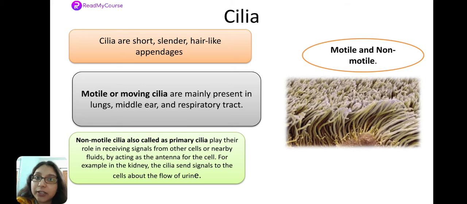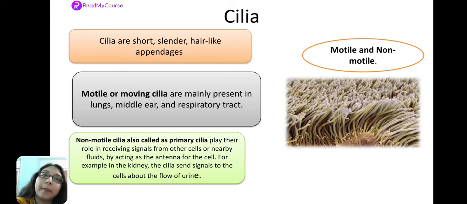And why are they present over there? Because due to the movement of this cilia, any kind of foreign particles which have entered our airway passage, or have entered our lungs, are removed, and that is why we can breathe in the air without any kind of irritation. I hope you understand this much. Okay, so that is the main function of motile cilia. Okay, they are also present along the nasal passages, right? And they serve the same function, that is they purify the air so that it can get inside us without any irritants.